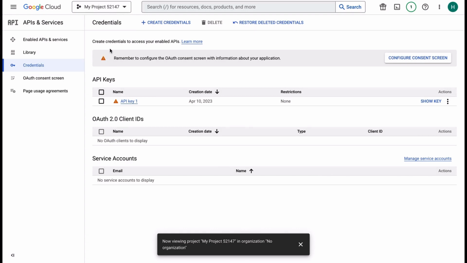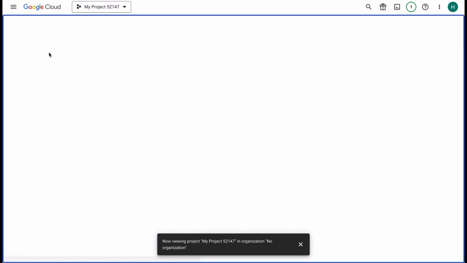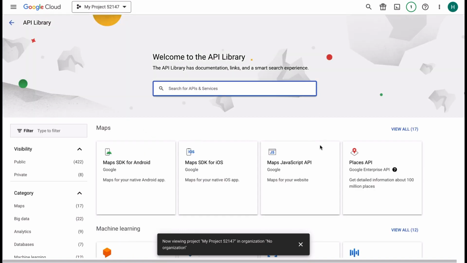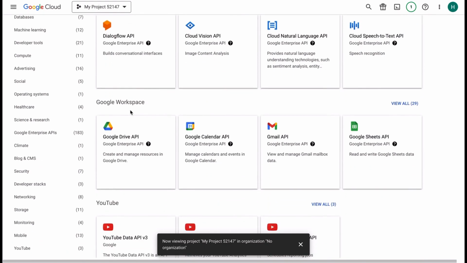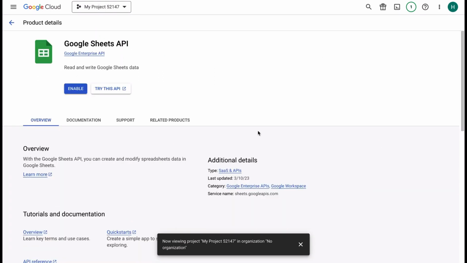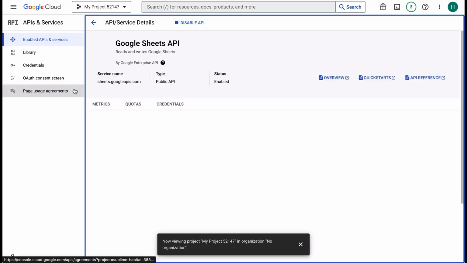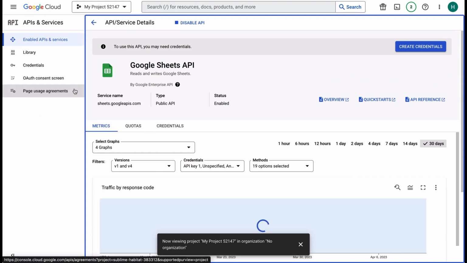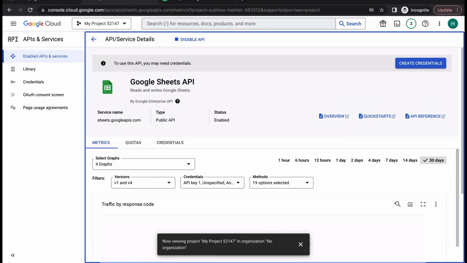Now within the APIs and Services section, go over and click on the library. And within this page, make sure to go over to the Google Workspace section and click on the Google Sheets API and hit the Enable button. The API should be enabled now for Sheets. If you go back to the Studio website and click on Next,